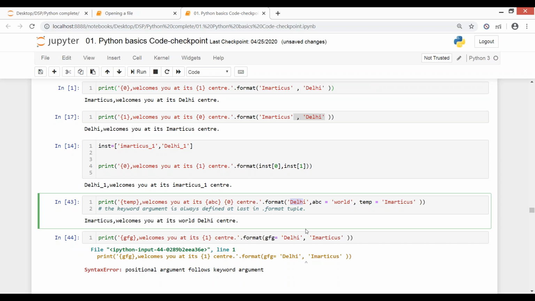So you have to be careful कि like I've done here, I've given an object name GFG having value Delhi. I was trying to do that and then I gave later on the name Imatica. So it threw me an error that positional arguments followed keyword. वैसे नहीं चलेगा. If you have to give it, then write Imaticus first and then followed by this keyword and the respective value. So it takes values this way. It won't accept any key value pair prior. So पहले ये value accept करेगा and then this key value pair will be accepted. Clear?